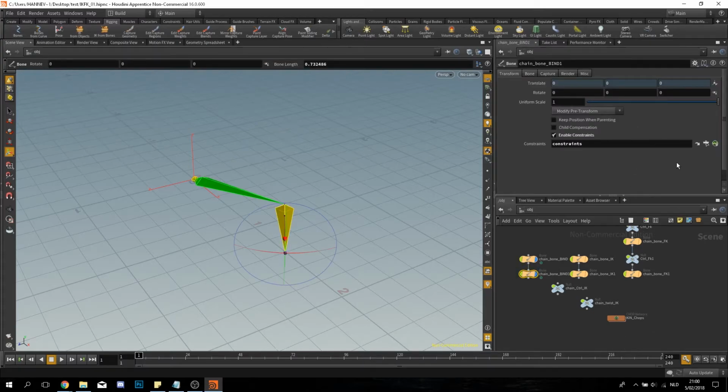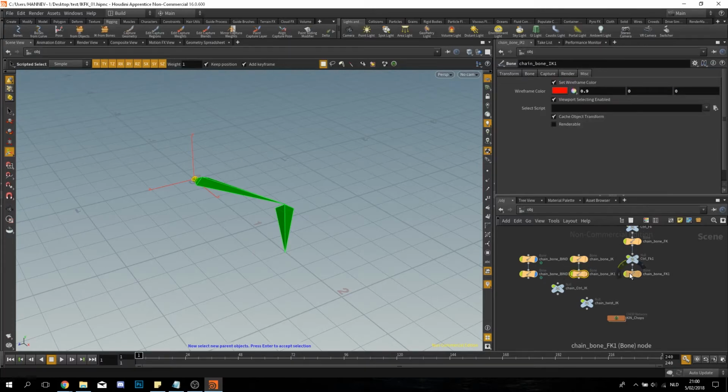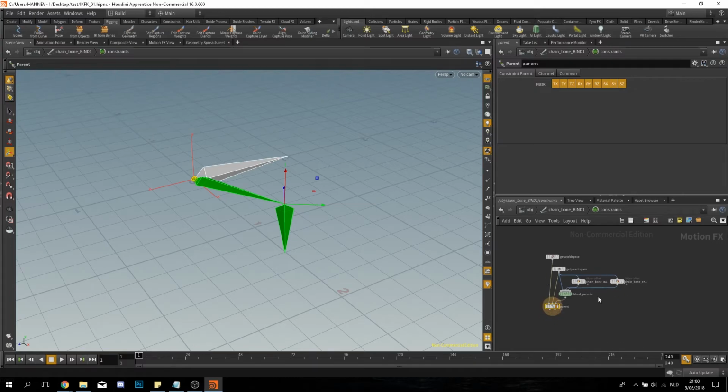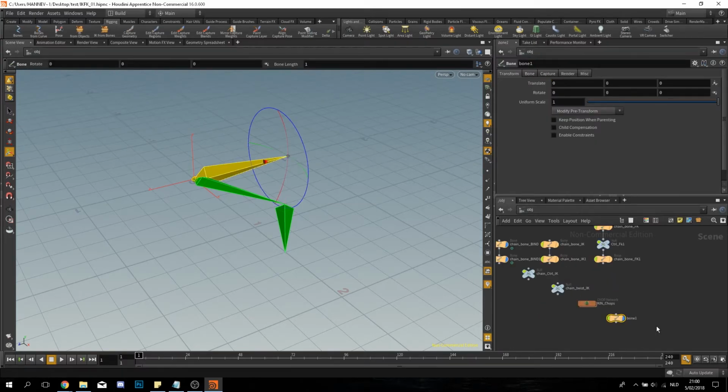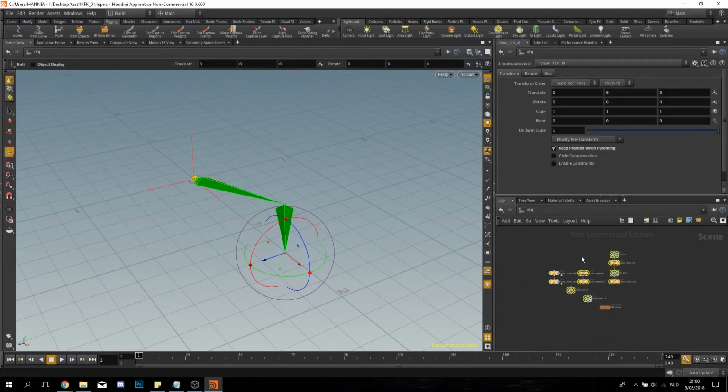I'm also gonna do this for the second one. Parent blend. And enter. And again, the same thing happens. Deleting this bone. I'm also gonna visualize the rest.